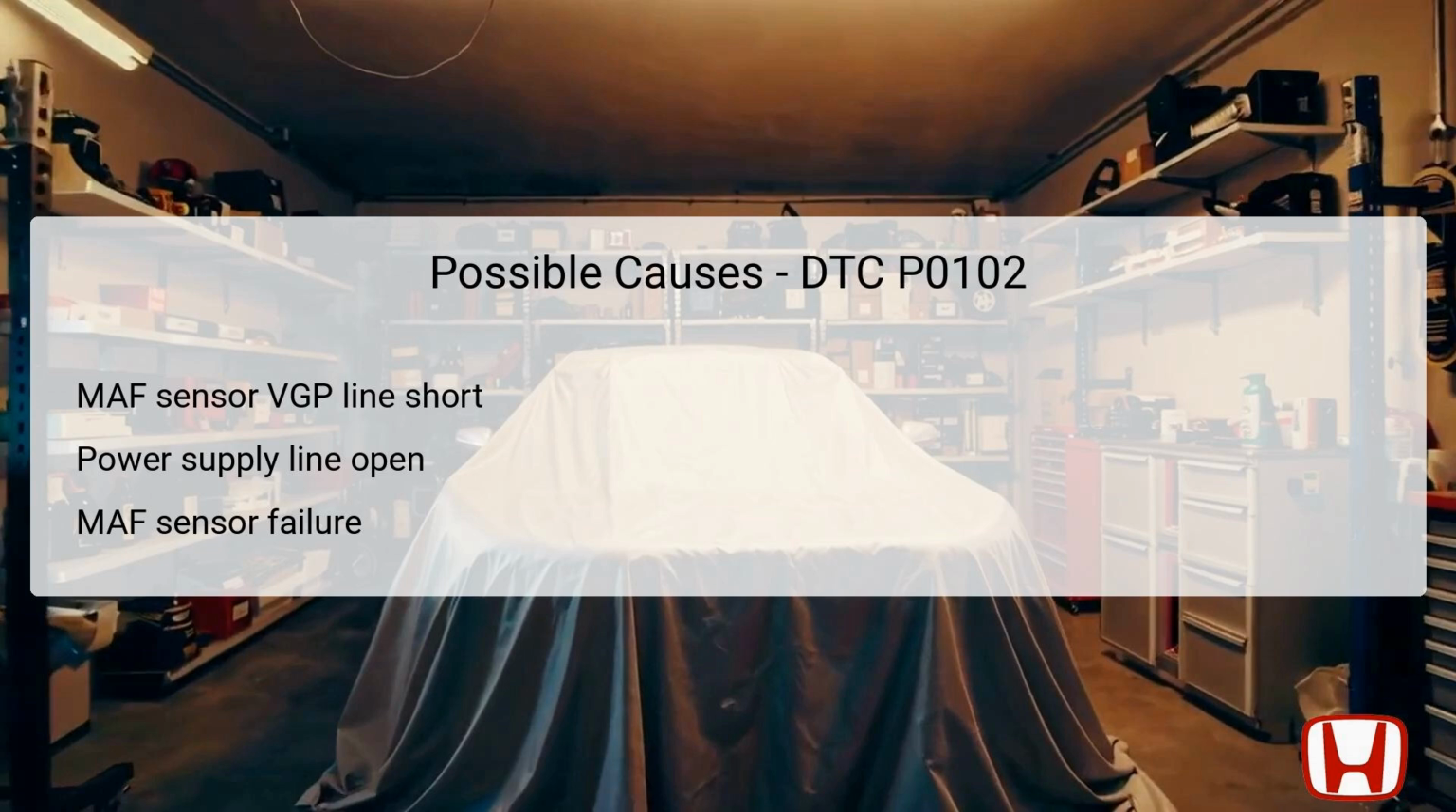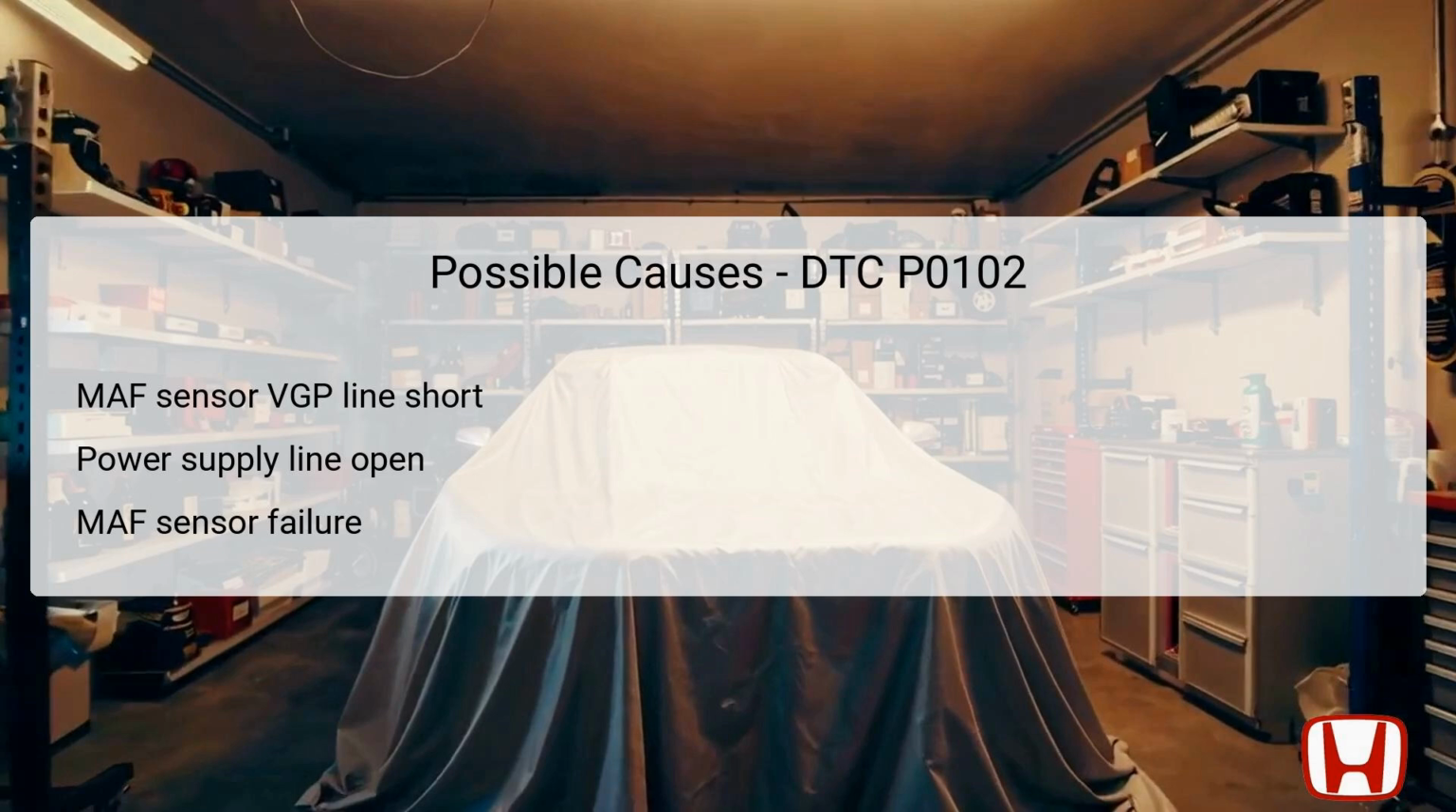A third potential cause could be an open in the power supply line of the sensor, which would mean the MAF sensor is unable to receive the voltage it needs to operate. Finally, a failure within the MAF sensor itself could result in permanent malfunction, and it's crucial to inspect and test the sensor component thoroughly. Each of these issues must be evaluated carefully to accurately pinpoint the fault causing this diagnostic